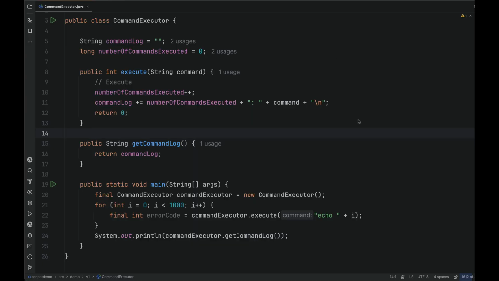So, previously we saw the concatenation operation was very primitive in nature. Let us look at a more real world use case of where we really need to move away from concatenation and make use of these string builder or string buffer classes. I have the class CommandExecutor. Right now I am using the plus operator based concatenation here,